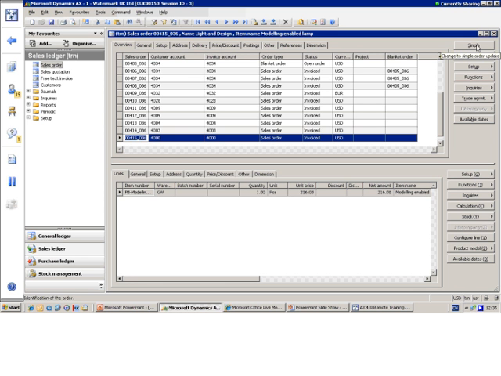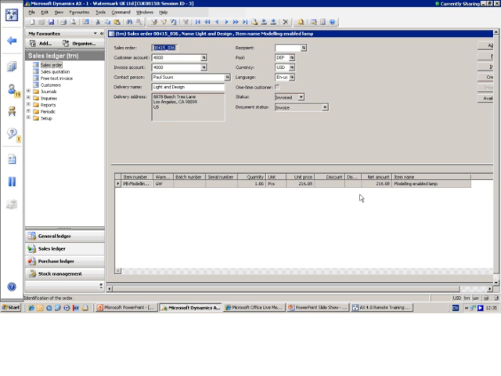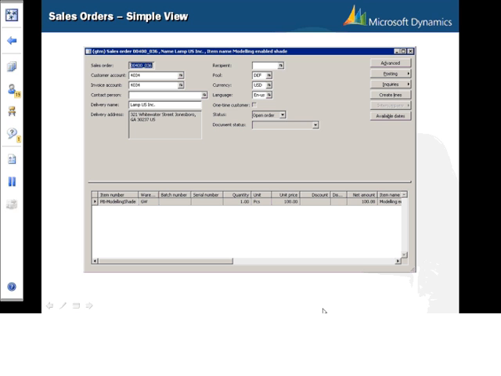Again, we are in the advanced view, and if I move to the simple view, it is exactly the same functionality and view as in purchase orders. So if I move to my presentation,